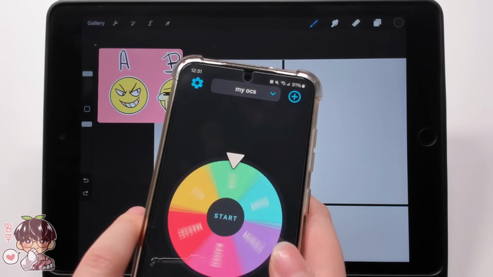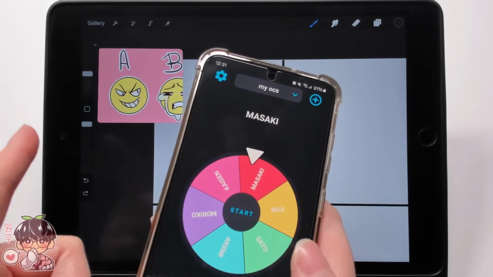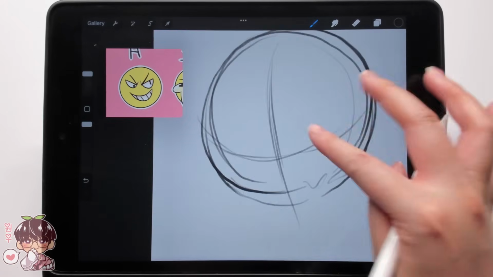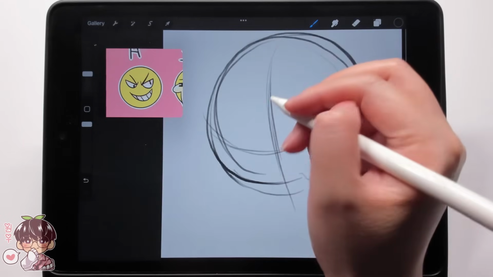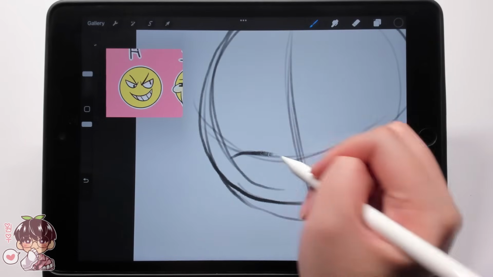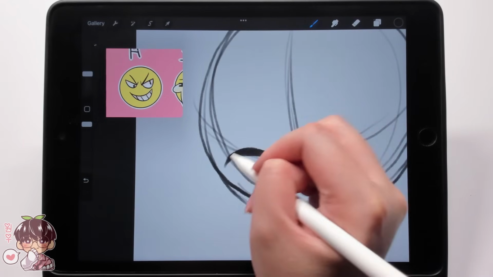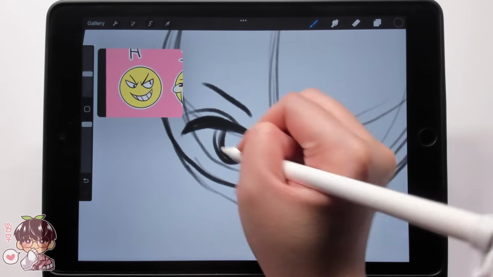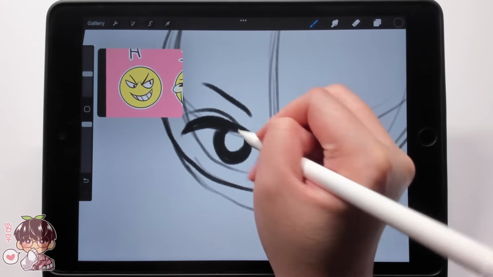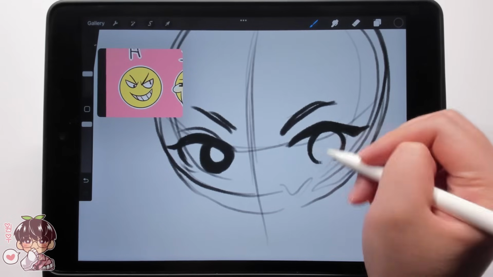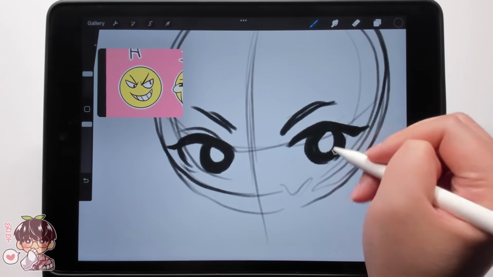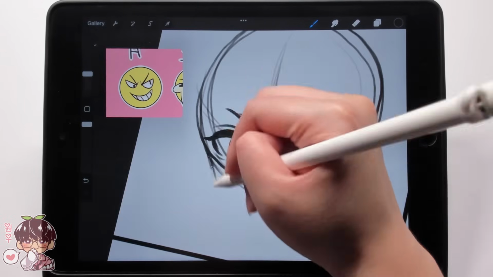So spinning that wheel, we are going to start off with my OC Masaki, which feels very appropriate because he is my first OC after abandoning a whole batch of my previous ones from my middle school and high school days. So the template, or the image I'm referencing, is a 4x6 grid,